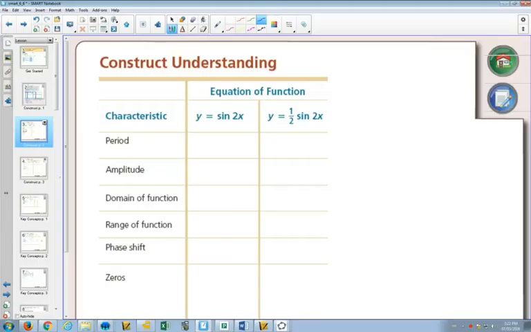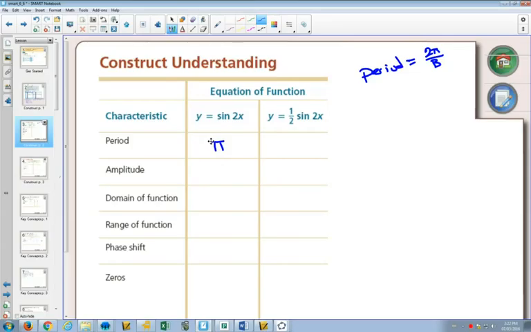This 2x inside is going to be a horizontal compression. It's going to squish everything and multiply all of our x values by 1/2. So that's going to affect your period. Your period was 2 pi. Now it'll just be pi. One of the things that we looked at before was this additional formula that your period is equal to 2 pi divided by whatever your b value is. So since our b value is 2, our period is going to be 2 pi divided by 2,